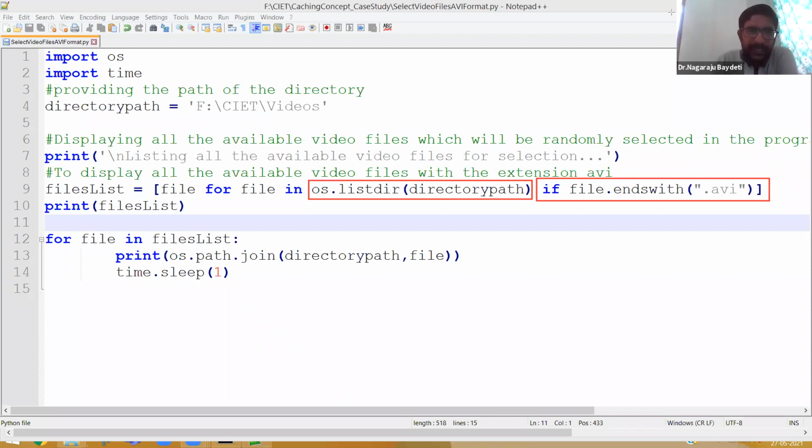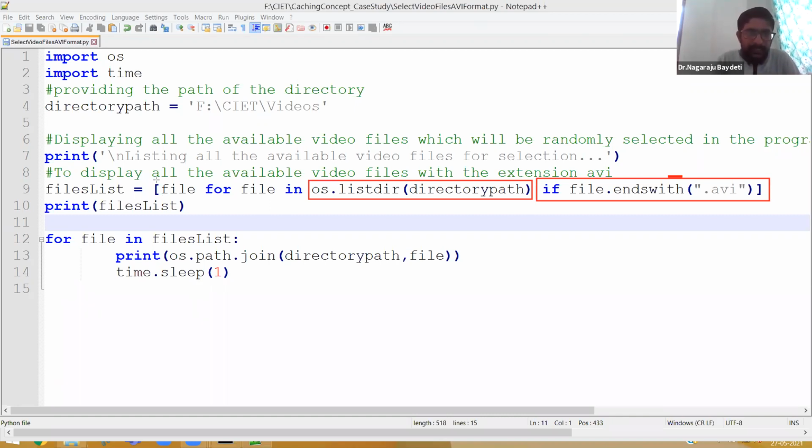So here file is a string which has the file name with the directory path. Whenever the file is ending with .avi, only the .avi files.